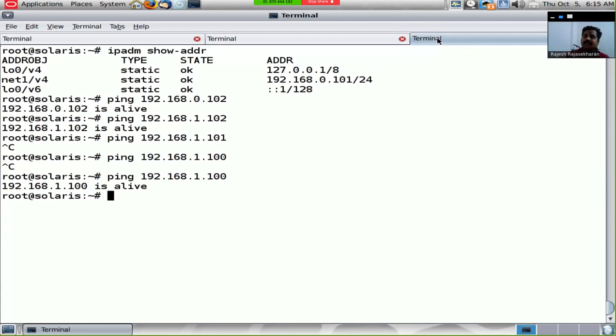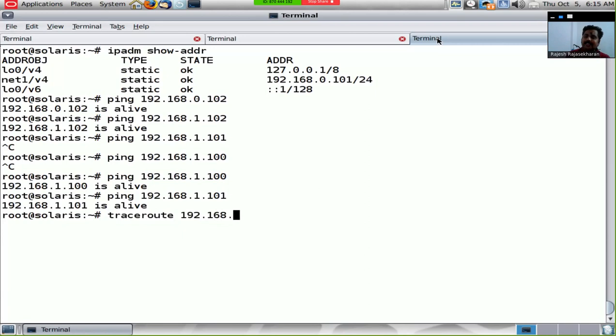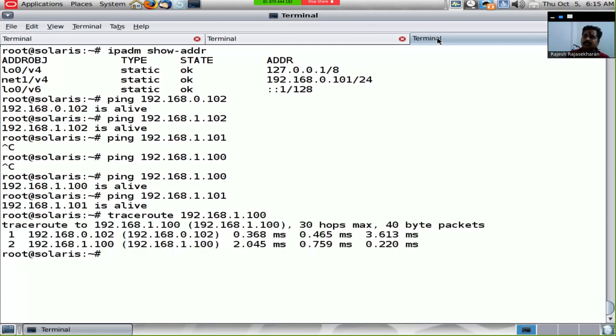As you can see, this is zone 0. We'll try and ping 1.1. That's zone 2. We can use the traceroute command to figure out what route it is taking to reach zone 0 there. As you can see, it first hits zone 2 with the address 0.102, and since zone 2 is configured to forward the packets to the 1.x network, it forwards the packet from its machine to the other machines in